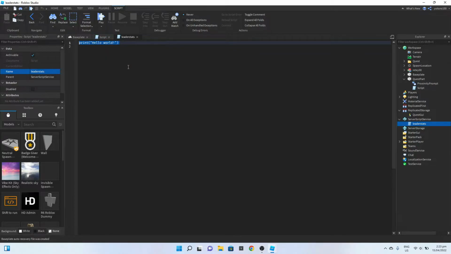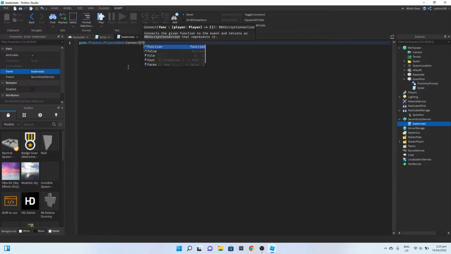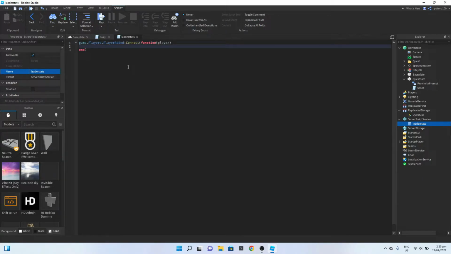Now we'll call the script leader stats. We will go game.Players.PlayerAdded:Connect function (player), and then we'll go local leaderstats, and we'll set that to